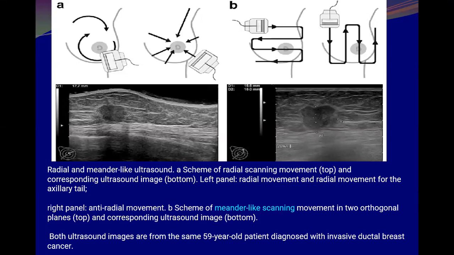If it is not in the longest dimension, that means it's not oriented. This is not the orientation. This is not the radial direction for the lesion. It is radial for the breast. And we prefer the radial because it is aligned along the long axis of the duct. But in this case, if I could not see the maximum dimension of the lesion, that means I'm not along